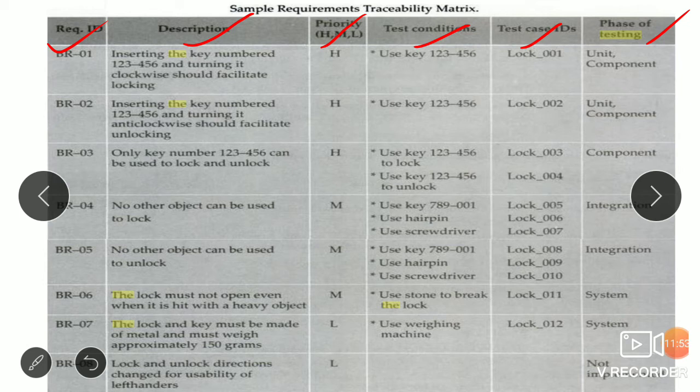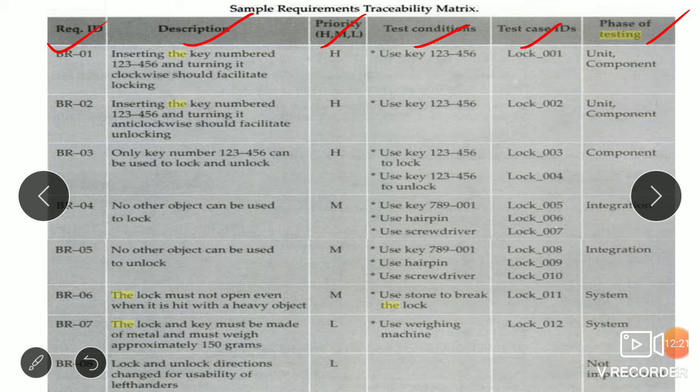Then the test case ID column can be used to complete the mapping between the test cases and the requirement. Test case IDs should follow naming conventions. Here we are going to use naming conventions like lock underscore 001. This is the first test case ID.